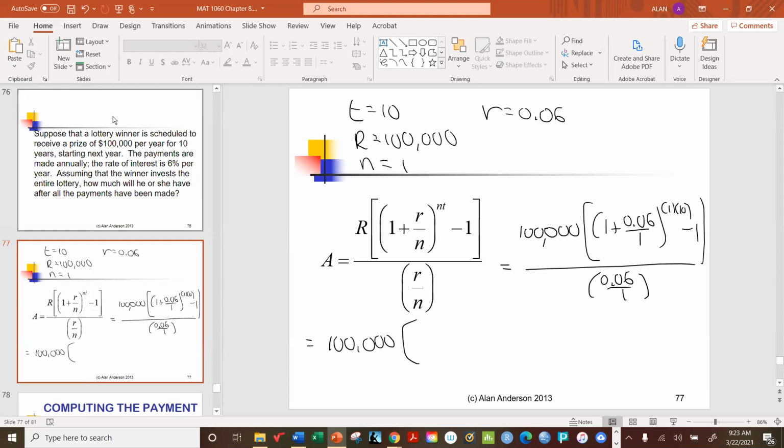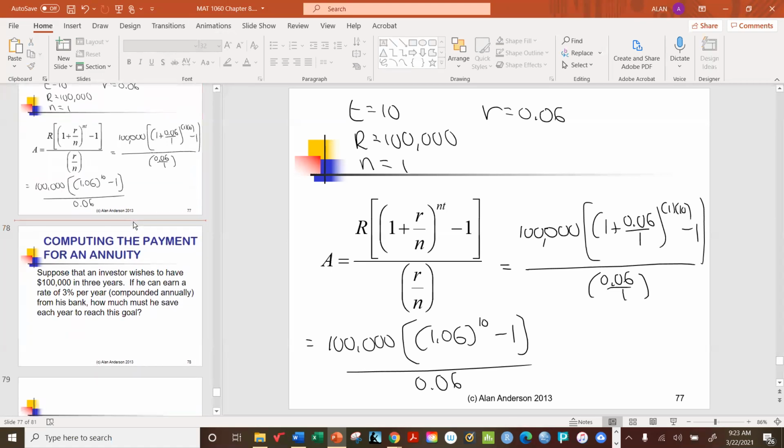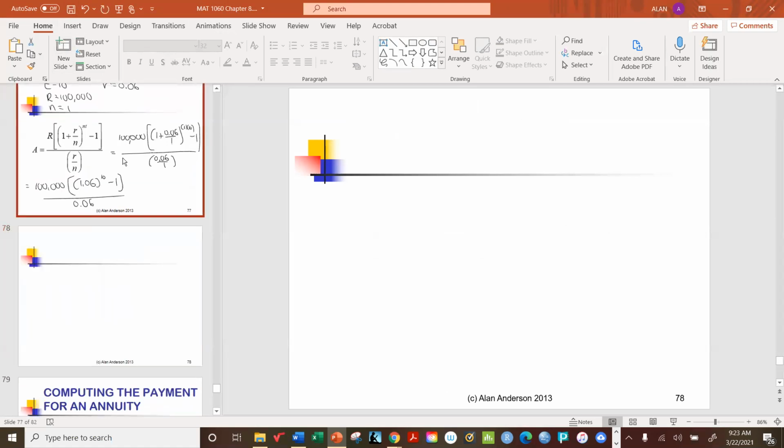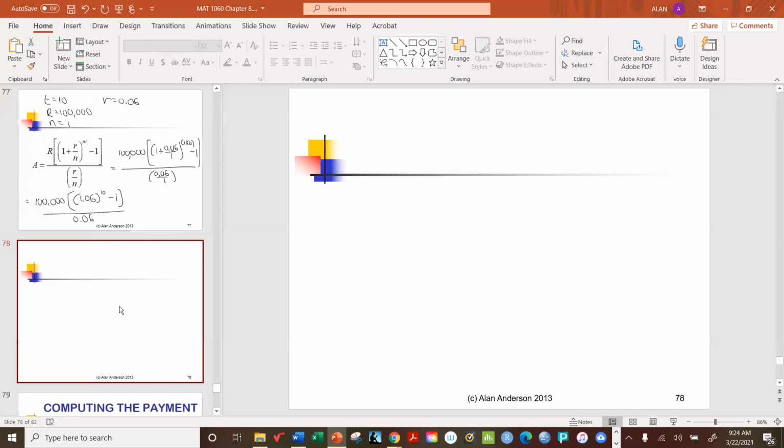So inside here, you actually have 1.06 to the 10th power minus 1, all over 0.06. So what you can do now is take this. Let me just write this down one more time. So we have room